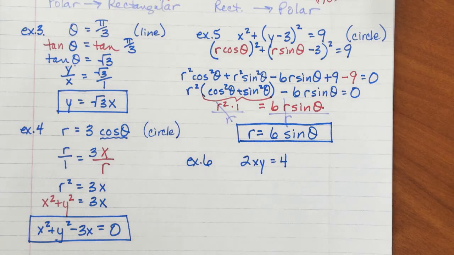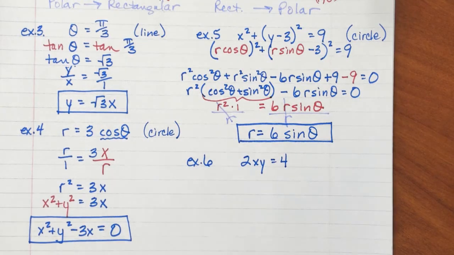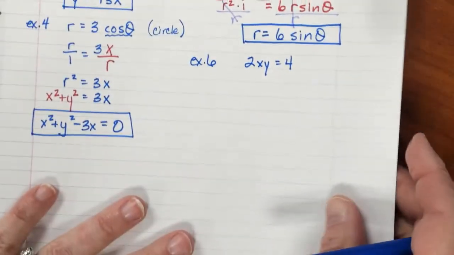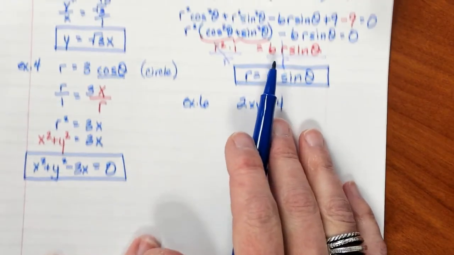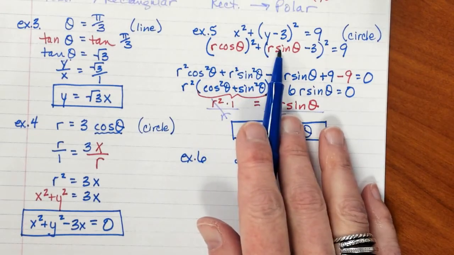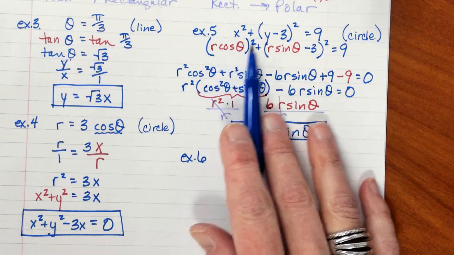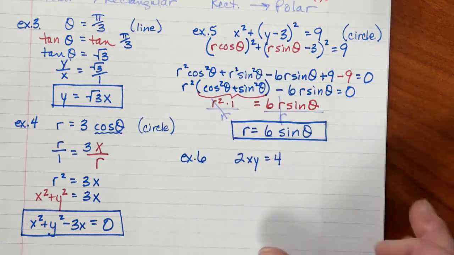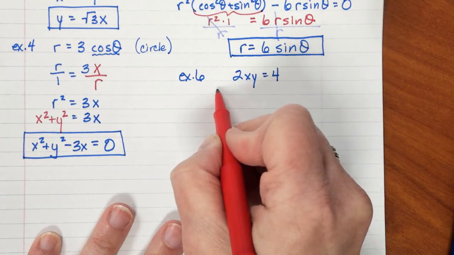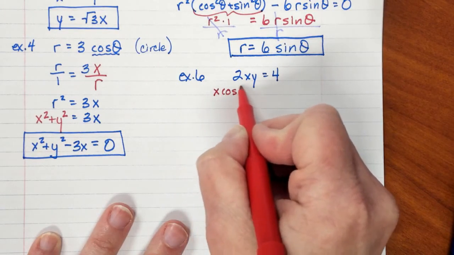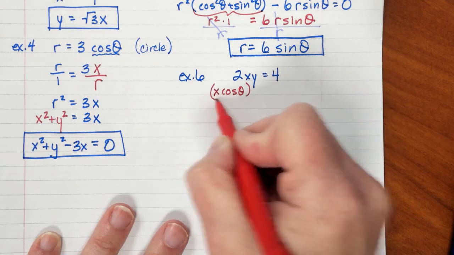That actually is a hyperbola. You may not be able to see that yet, but that's okay. Let's look at what we have. All right, so I've got an x and a y, just like what we did up here when we made that substitution. We're going to substitute r cosine theta for x and r sine theta for y. Here we go. That would make this 2 times x cosine theta and